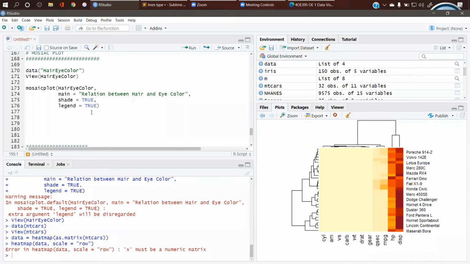There is a package called the Lattice package. Lattice is a very powerful and elegant tool used for data visualization, which was inspired by Trellis graphics, designed by Bell Labs scientists, and it is very powerful for very small plots, but for multiple dimensions.